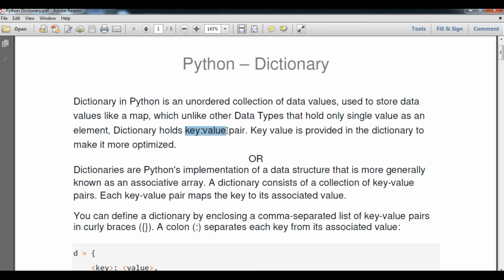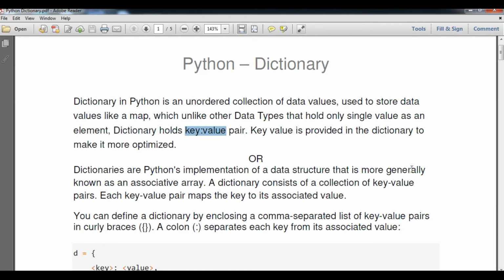Every key has its own type, maybe a number, character, string, float, etc., and the value also. In other words, we can say that a dictionary is the Python implementation of a data structure that is more generally known as an associative array. So student, a dictionary is also known as an associative array.